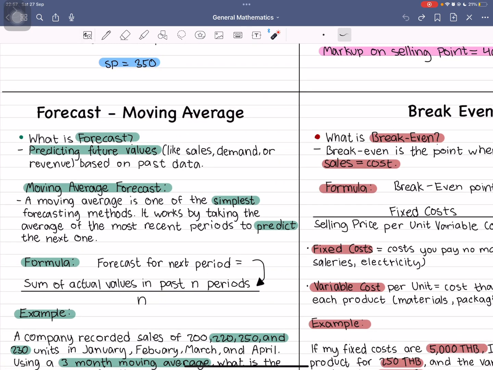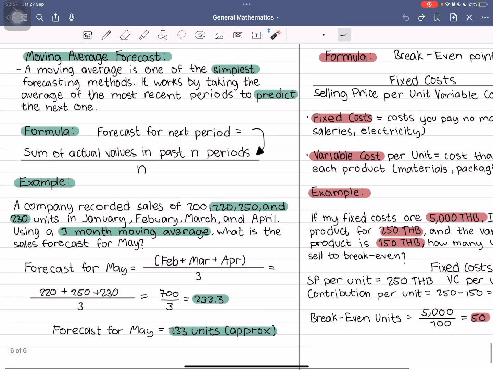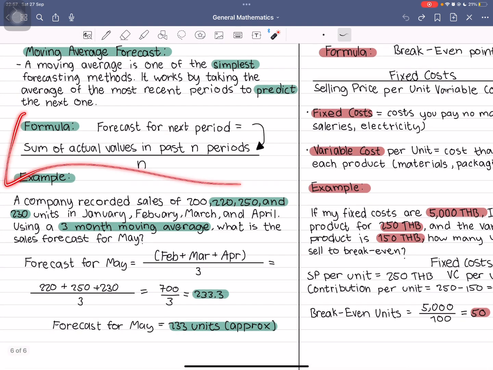Forecast is predicting future values like sales, demand, or revenue based on past data. And moving average is one of the simplest forecasting methods. It works by taking the average of the most recent periods to predict the next one. The formula for this one is this. And the example is a company recorded sales of 200, 220, 250, and 230 units in January, February, March,